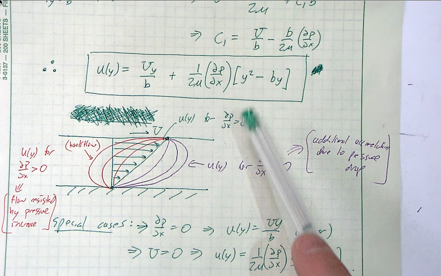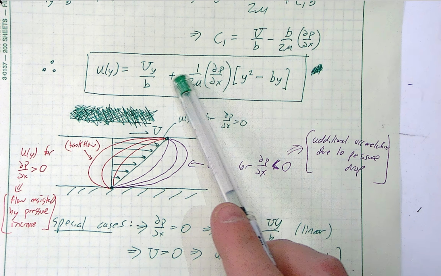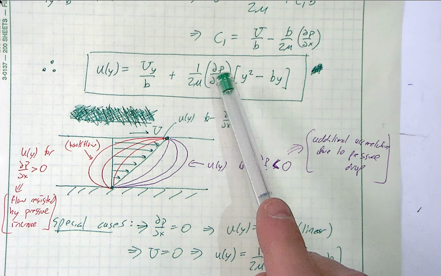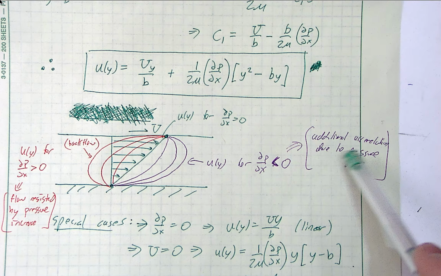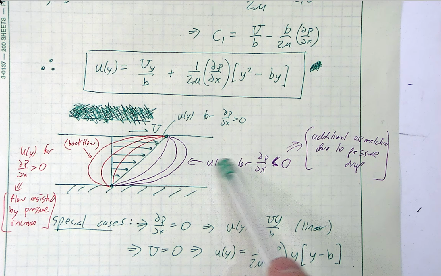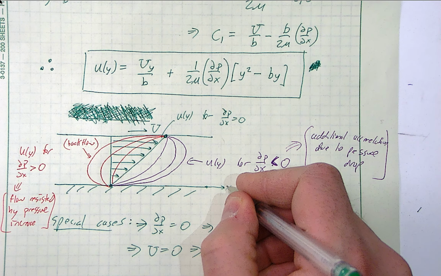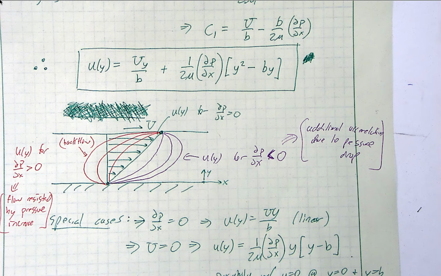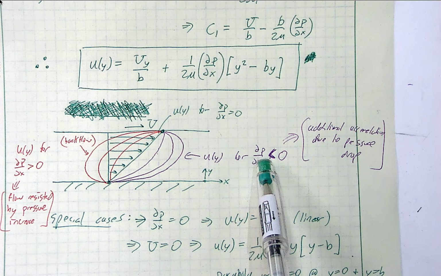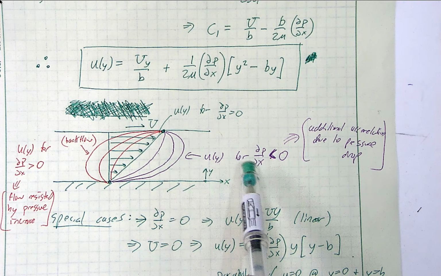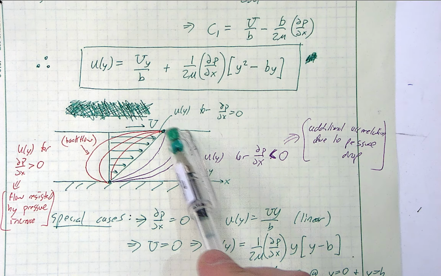Now, if dp dx is less than 0, this is then a negative term, and our parabolas start to look like this. So what this means is that we have additional acceleration because there's a pressure drop as we go forward in x. Remember that our x is in this direction, and our y is up. But this means that the pressure will decrease as you go along the channel between these two plates, and that pressure drop that the fluid experiences will then generate an acceleration in certain regions,